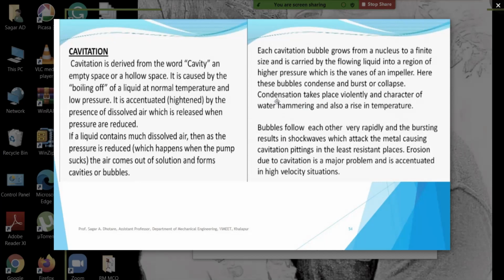Here these bubbles condense and burst or collapse. The condensation takes place violently, with the character of water hammering, and also a rise in temperature. The bubbles follow each other very rapidly, and the bursting results in shock waves which attack the metal and cause cavitation pitting. In the least resistant place, erosion due to cavitation is the major problem and is accumulated in a high